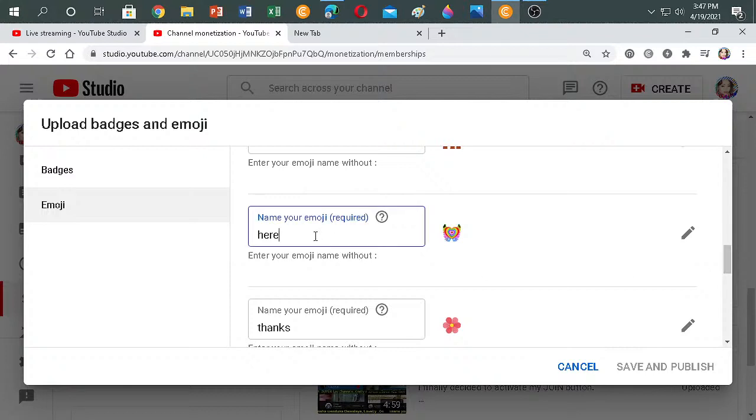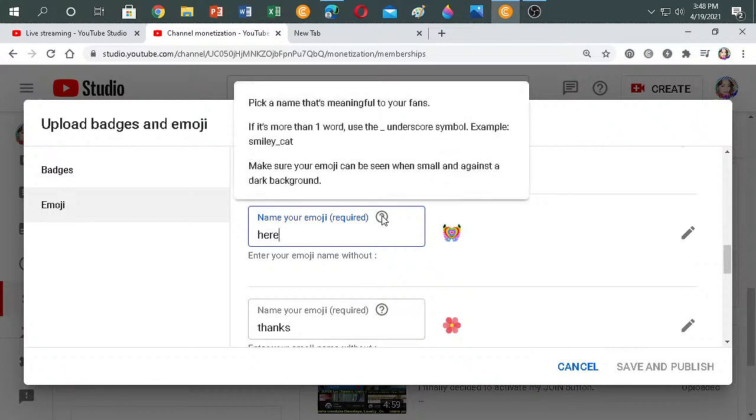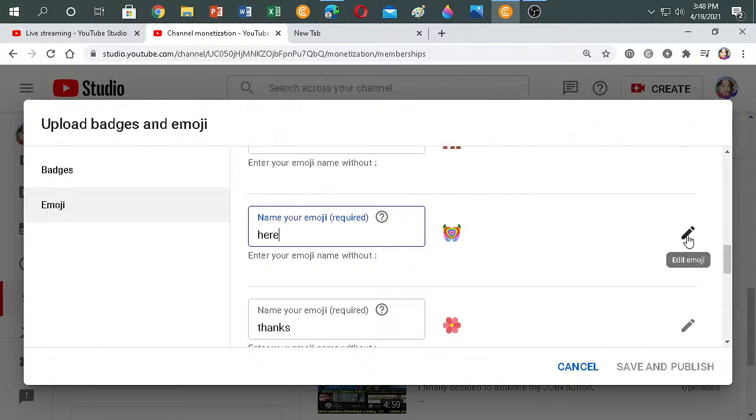You can edit the name here. So if you want 2 words, you can just use underscore. No special characters. It doesn't like that. Bahala siya sa buhay niya. So 1 word. Ayaw niya eh. Anyway. So to change or replace the image, just click this pencil